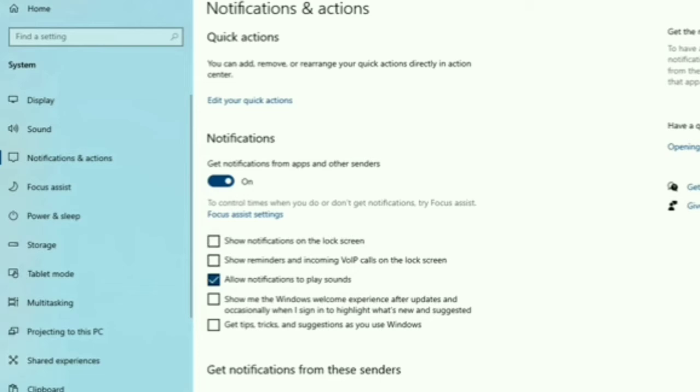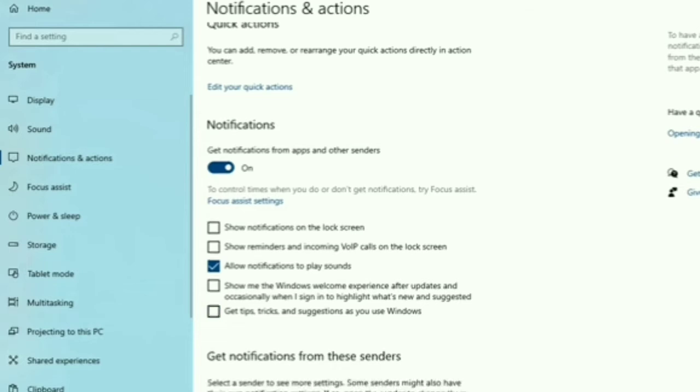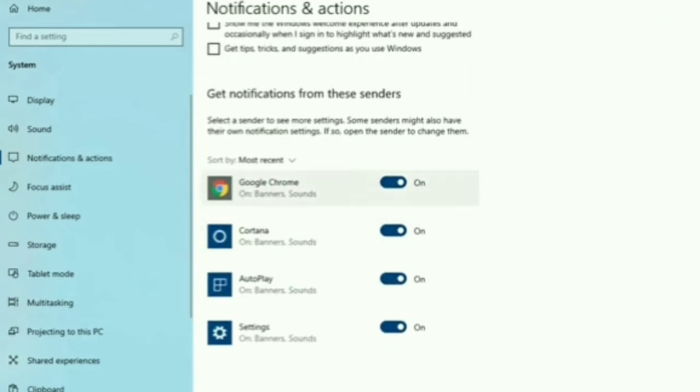Get tips and tricks is also not required, just put this off here. And these apps which are running here to get notifications can also be clicked off here. I would suggest you put them off unless you require them. If you require it, you can just put it on again. So no need to worry about any of the steps if you have accidentally done it; you can go again and switch it on again. Okay, all of you, in this way.